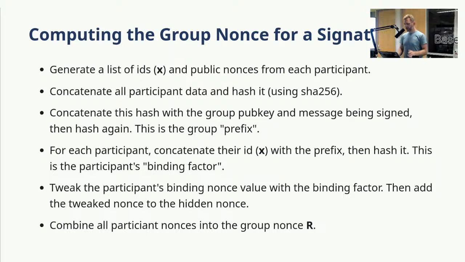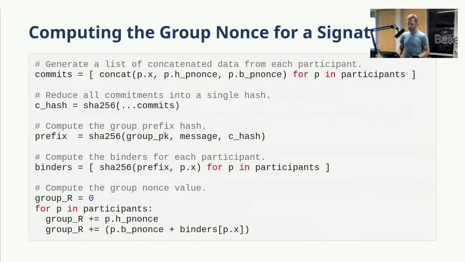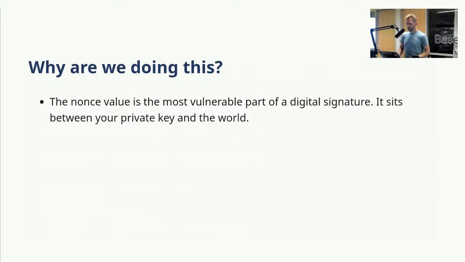And why do we want to do this? Why do we want to go through all these complicated steps where we're collecting all this information, hashing it again, folding this information to each other, creating this group prefix, having these two nonces where you have a hiding nonce and a binding nonce, and you've got to tweak the binding nonce and add them all together to create it? Why are we doing all this? So we're doing all this because the nonce value in a signature, it's the most vulnerable part of a digital